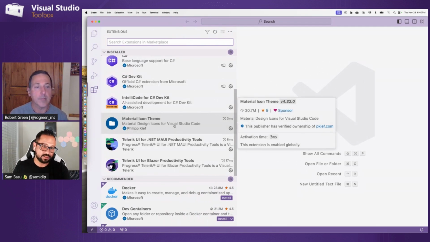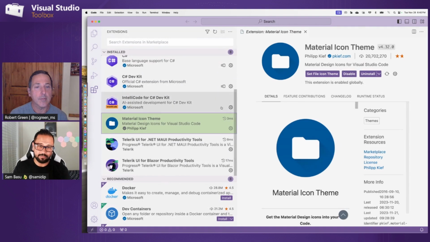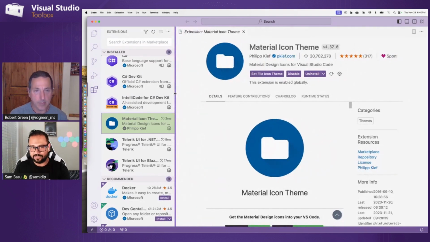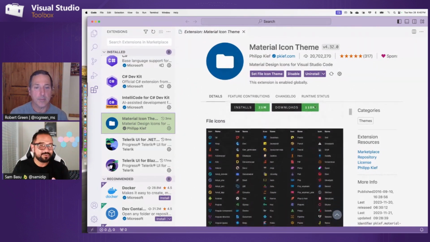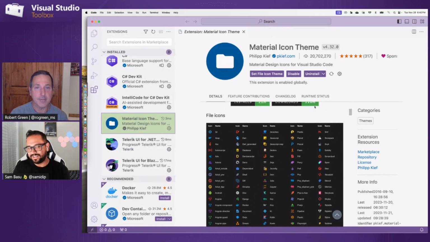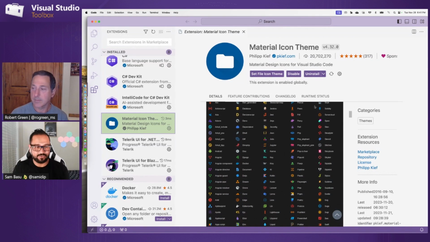Oh, and by the way, this one is something I really recommend. This is called the material icon theme. So when you open up a solution or a folder in VS Code, all of the files look kind of like blah because it doesn't know what it is. This one will come in here and just give you those little icons as you're used to in Visual Studio. So everything looks exactly the way you want. So in here is also an extension for GitHub Copilot that kind of sits there, learns from your code, learns from any open source GitHub repo, and it starts suggesting things, which is really, really nice.